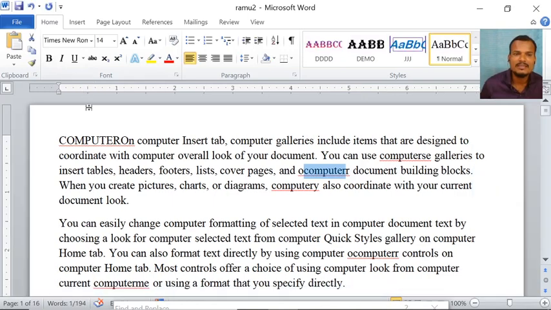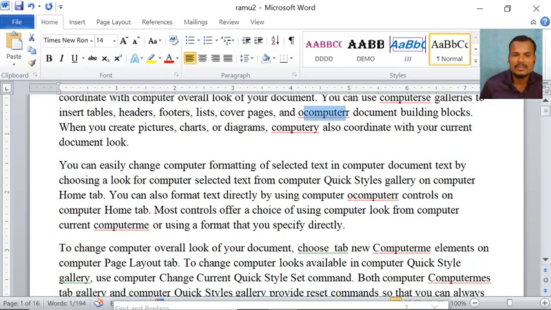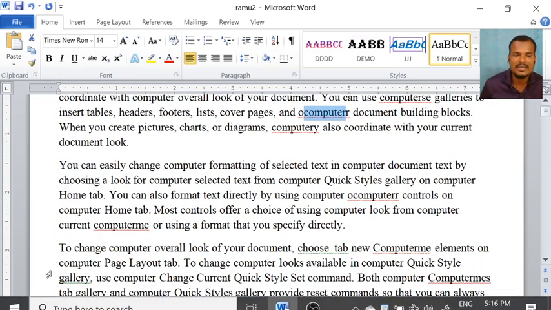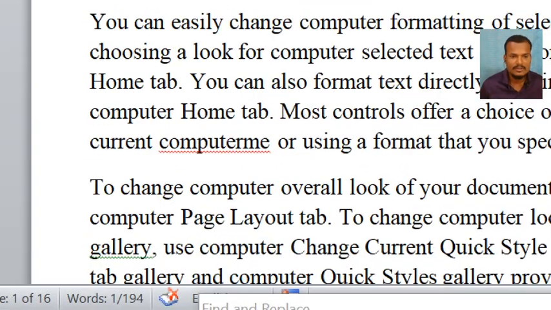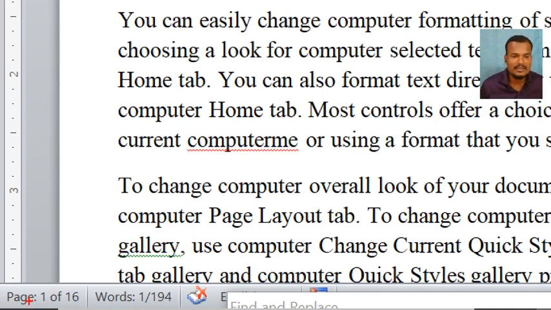So go to is nothing but, see, in Microsoft Word document we have a status bar. The last bar is the status bar. See here the last bar. In this, here page 1 of 16 is there. That means in this document we have taken how many pages? 16 pages we have taken. This is about the total pages, and this one is about which page you are currently in.